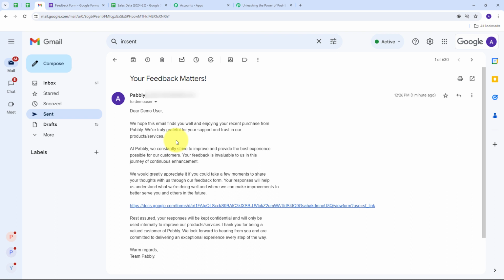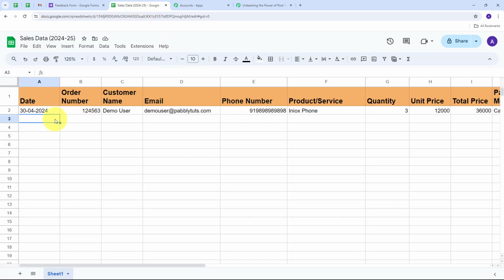Now to check this in real time, what I'm going to do is go back to my Google Sheet, and here I'm going to add the detail of a new order that I have just completed. So I'm going to add the detail in this new row, and here we can see I have added these details. So this is my date, I have the order number, I have the customer name, which is test user, email is